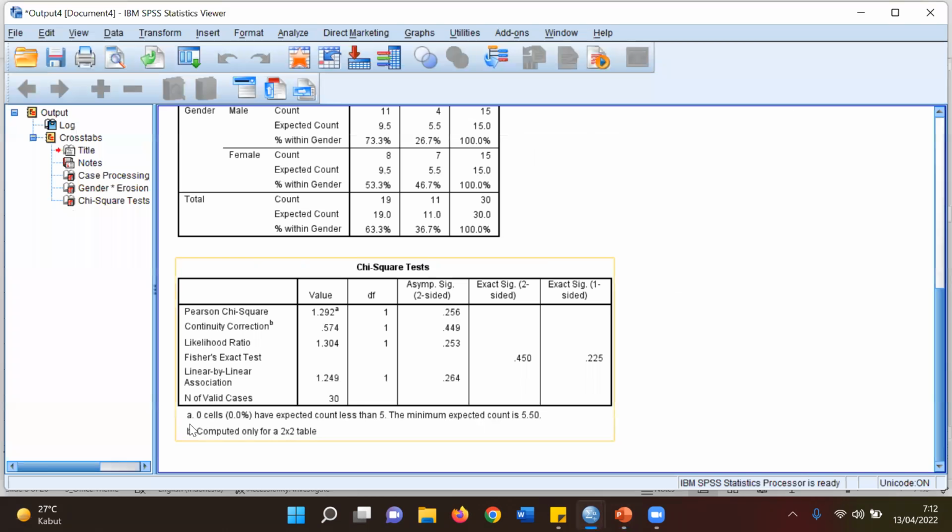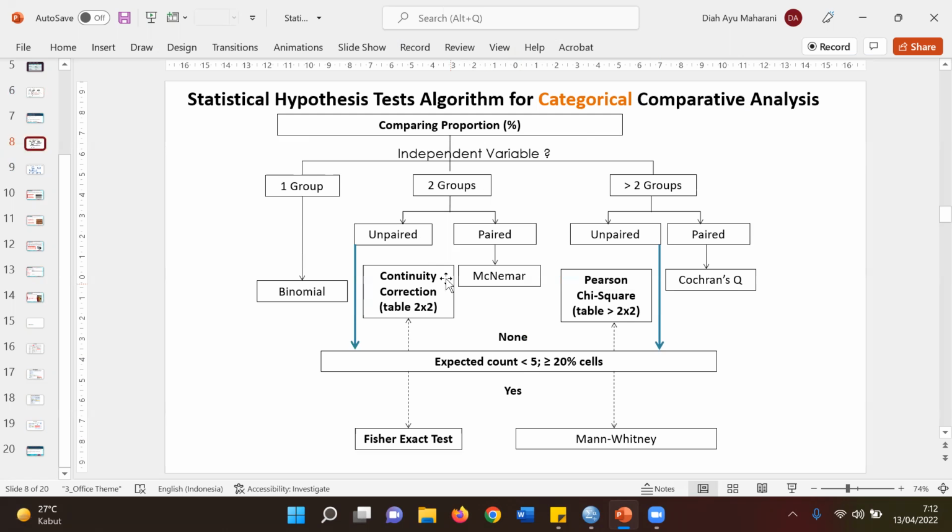It turns out no, 0 cells and 0.0% have expected count less than 5. Therefore, looking at the algorithm again, if there are no expected count less than 5 and more than 20%, because at the output we look at 0 and 0.0%, it turns out we are going to look at the continuity correction